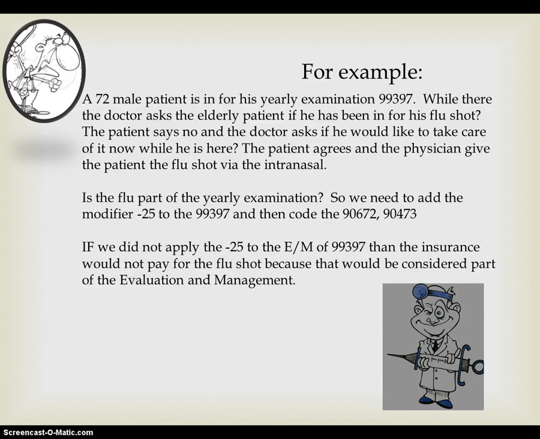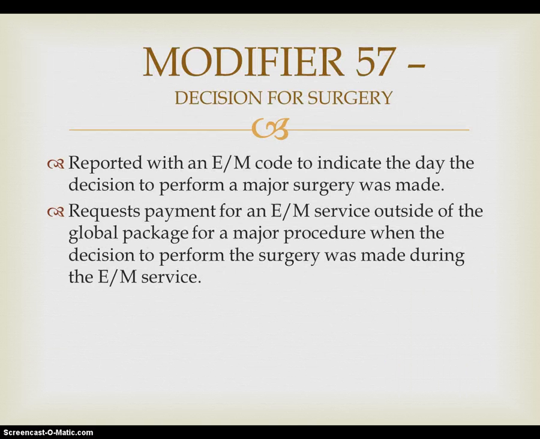Let's move on to modifier 57. Now, modifier 57 is decision for surgery. Again, this is only reported with the E&M code to indicate the day the decision to perform a major surgery was made. It requests payment for the E&M service outside of the global package for a major procedure when the decision to perform the surgery was made during the E&M service. For example,